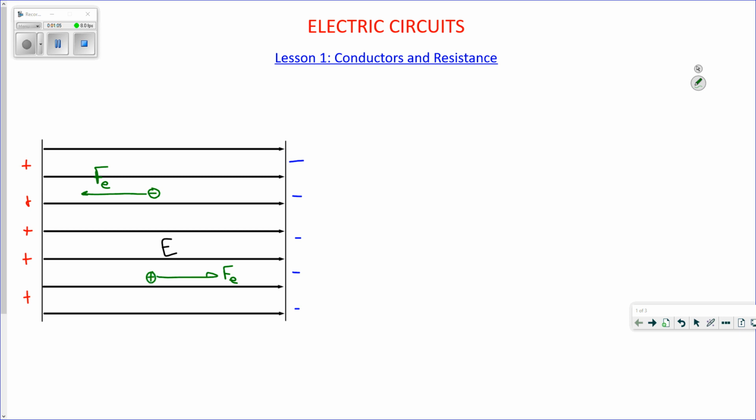Well, not by themselves. They got charged because electrons were removed from the positive plate and electrons were deposited on the negative plate. And maybe those were the same electrons. Maybe the electrons were taken off of here and dumped onto here. And how do we do that? Well, we can do that